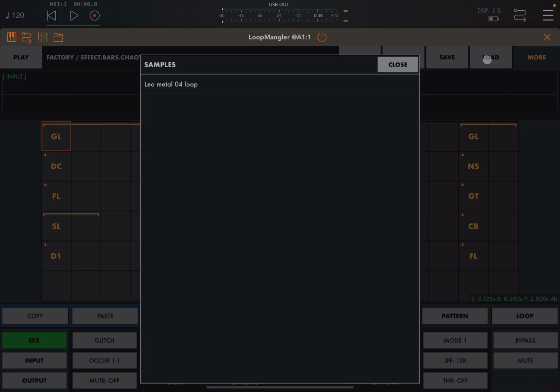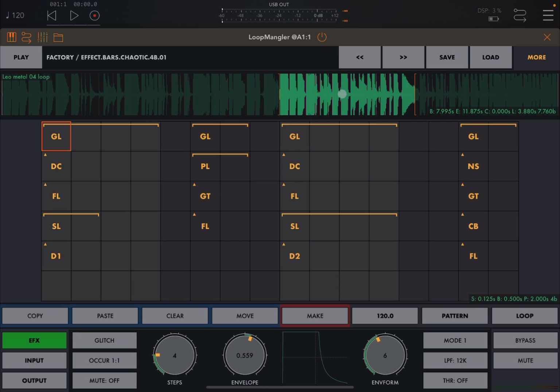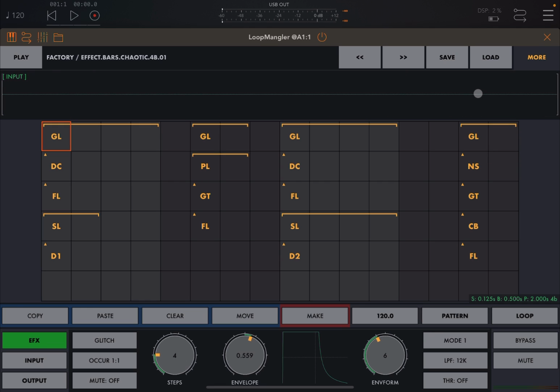So here it says load, you click on it and then you can load a sample which is available and it will appear here as a waveform. And you can remove it, of course, if you click here on the more and then input. Or you can import as well